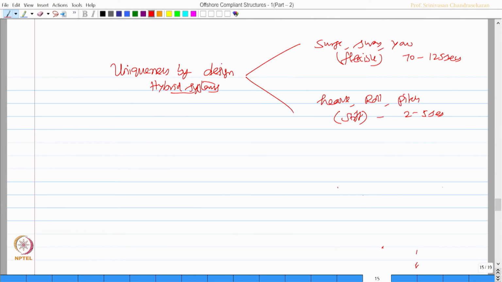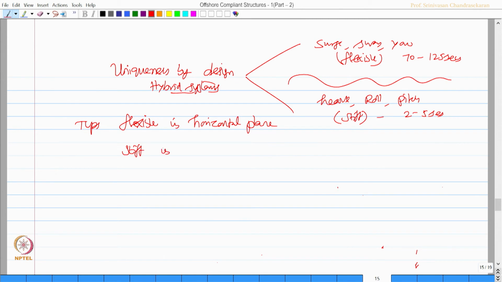So, the waves which will act on this platform will be in between, which will cause no resonance on the platform at all. So, I should say TLPs are flexible in horizontal plane and stiff in vertical plane,